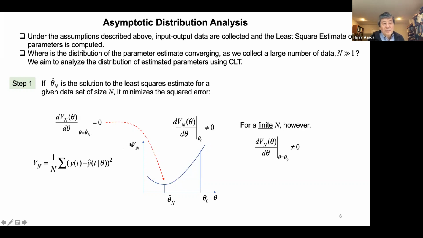In other words, if you plot V_N against theta, you have some kind of a curve like this, and this is a convex optimization. So you have a single minimum point over here. That's actually the best one for this set of data, capital N data points in it. So at theta N hat, this slope is 0. Okay. And also, I have to note that